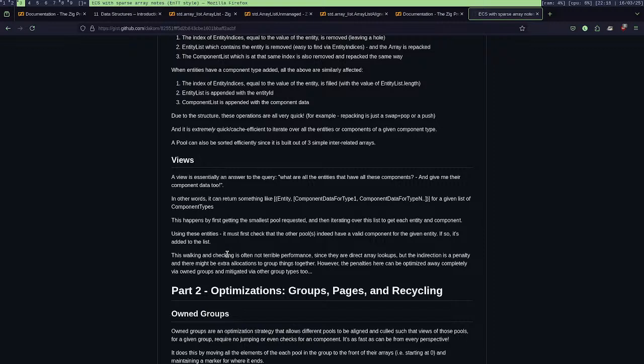So I should create a sparse set for each different component type. So that, okay, yeah.